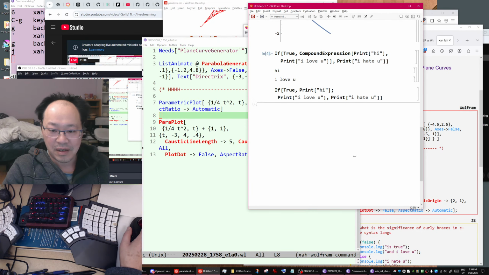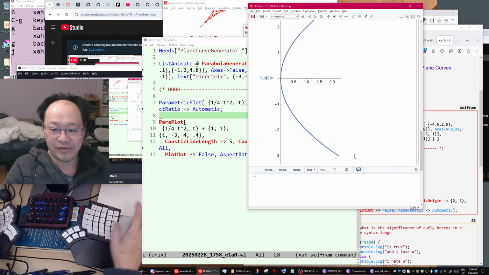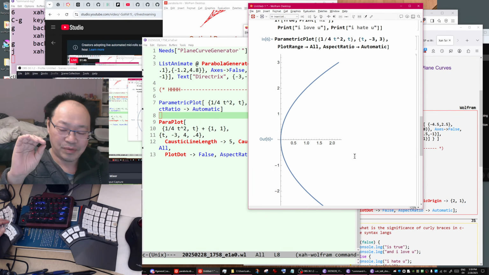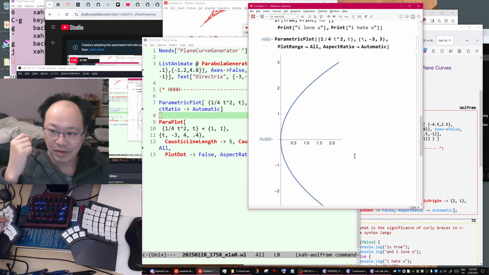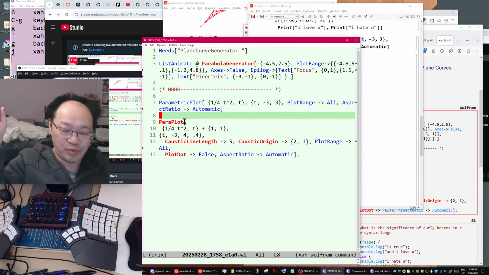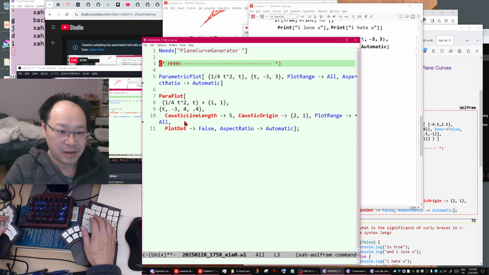Copy. Paste. Okay, that's beautiful. Now what do you want to do? Now you want to draw. Yeah, okay, so you want to draw the reflection of the light rays. Okay, let me show you how to do that.